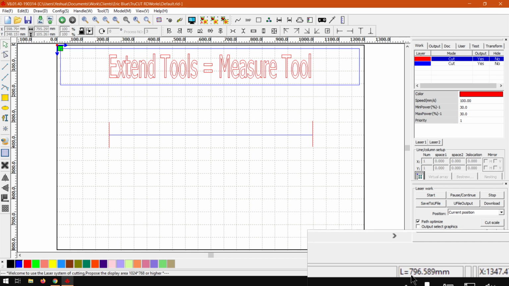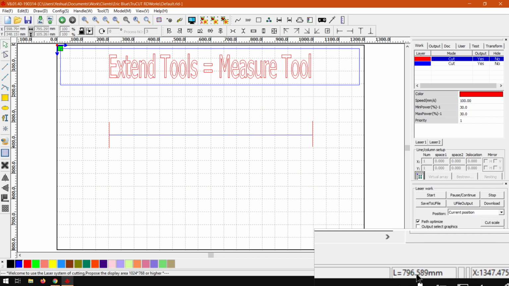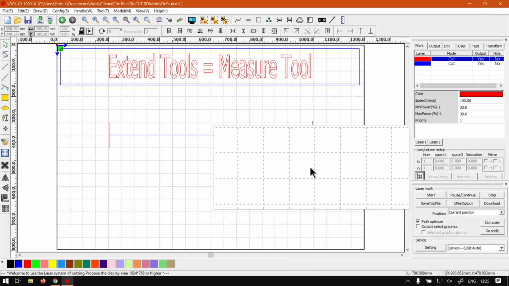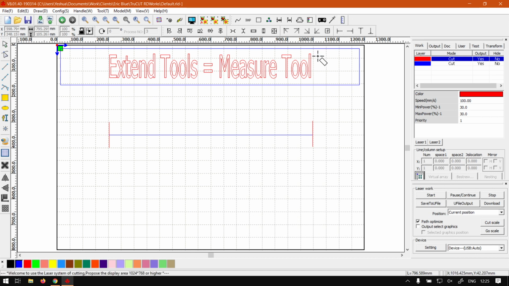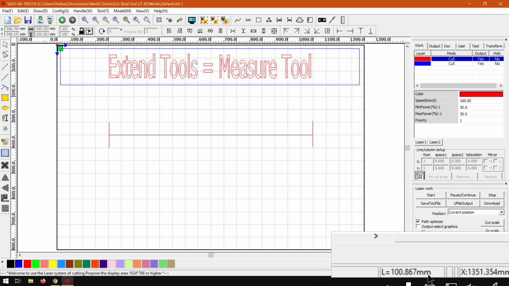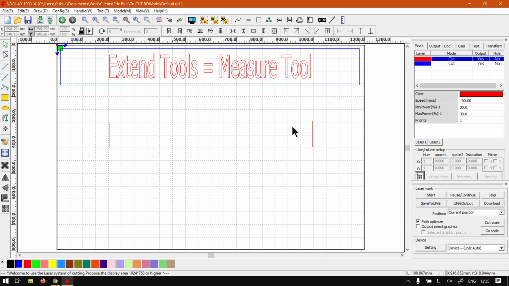So it is 796 by 589, and that is in millimeters. Now, obviously, you can use this tool to measure a visual part. You can zoom in, left click, and then left click again. And then once again, you can see here at the bottom, we've got the measurements for that. So otherwise, yeah, that is it on the